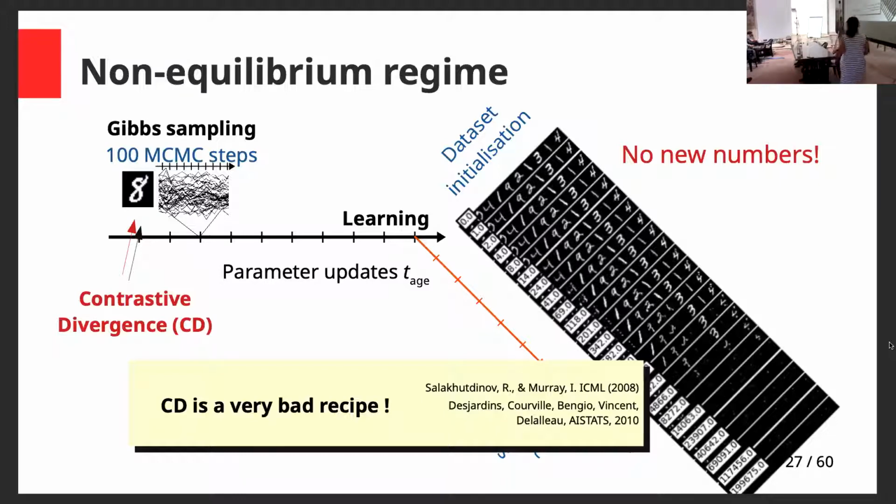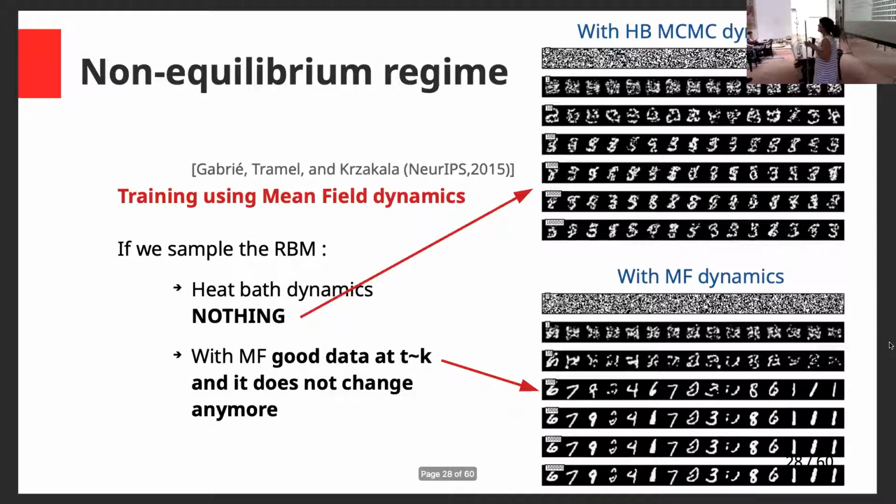I mean, this was actually pointed out in several works in machine learning years ago, but in physics, you still find nowadays a lot of people using contrastive divergence, and it's dangerous unless you do equilibrium. We can also change not only the initial configurations, but also the rules we use for sampling. For instance, if we train the machine using mean field updates, and now we take this machine and sample using standard Glauber